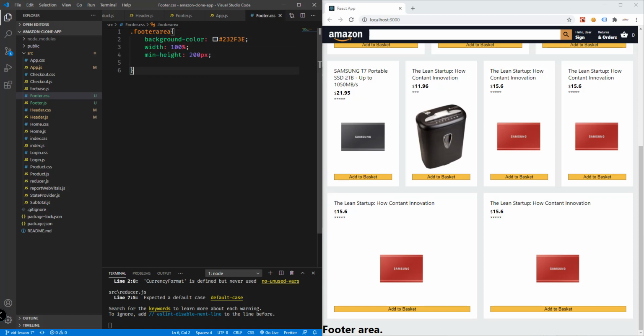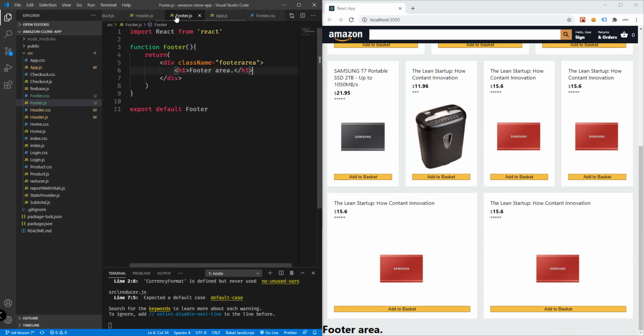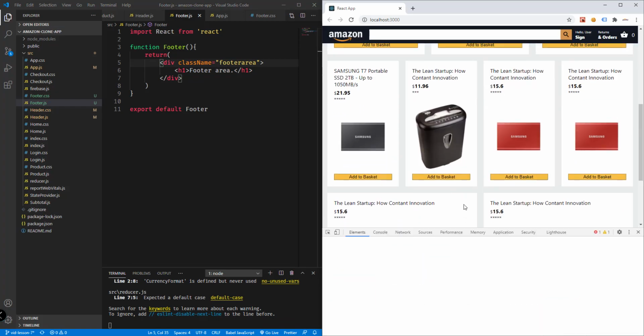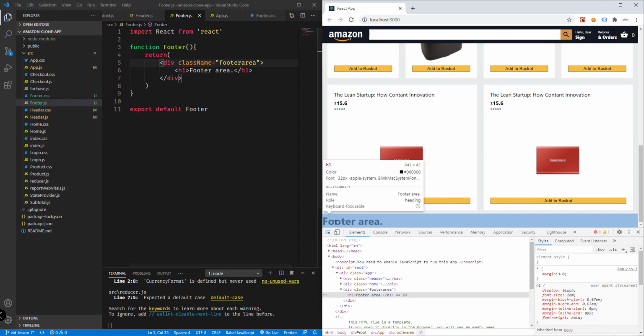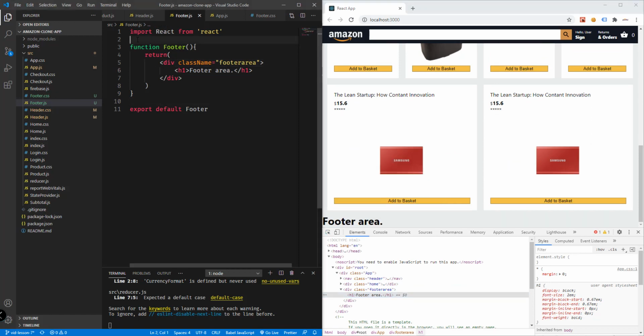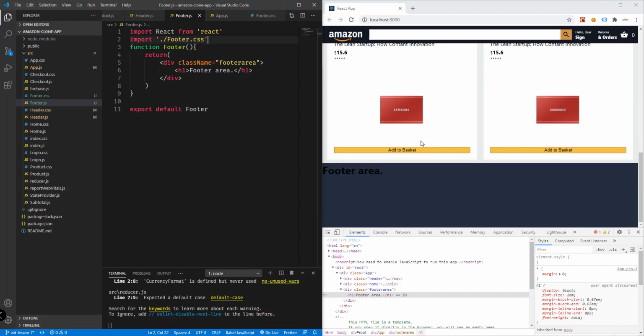Okay, so footer area, and this should be footer area. Okay, so save, and we're not getting the background of our footer, and that's because we need to import the CSS coming from our CSS file. So that will be import footer.css. Save, and there you go, we now have the footer area that spans across the width